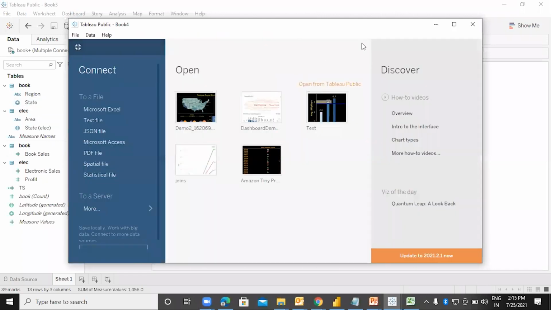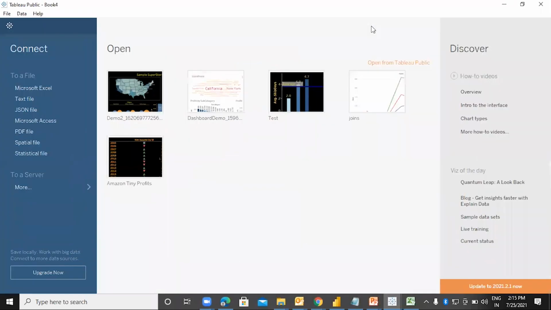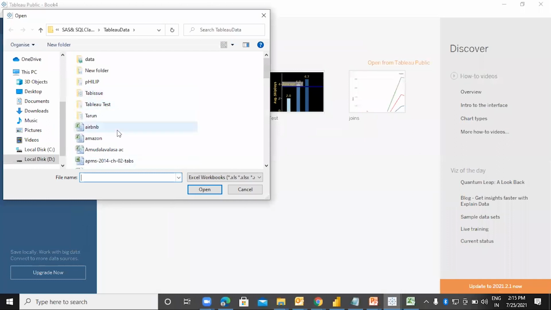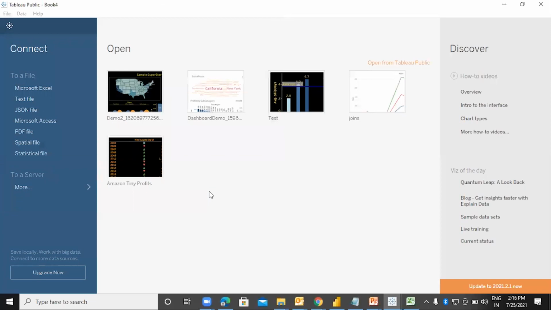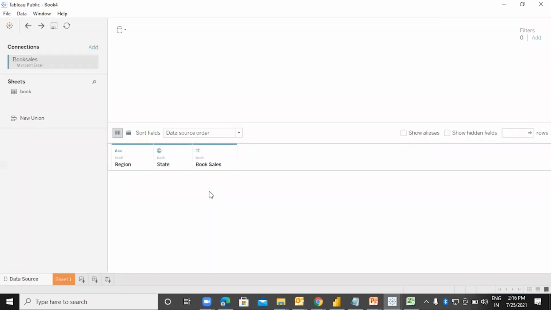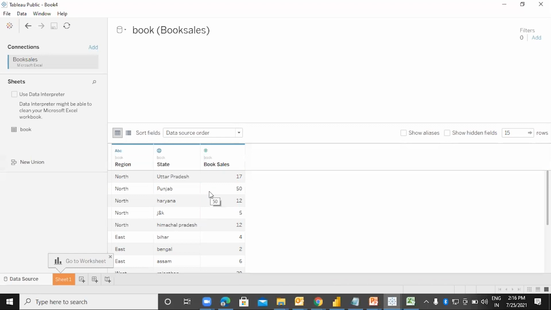So let me go to this data source, and I am connecting to the same data sources, the books and the electronic. So I will go to the Excel over here, and I will say book sales. I have opened the book sales data source, and in case of electronic sales, I have added one.